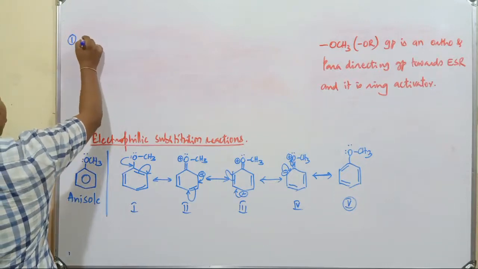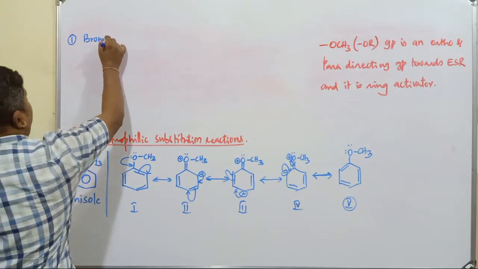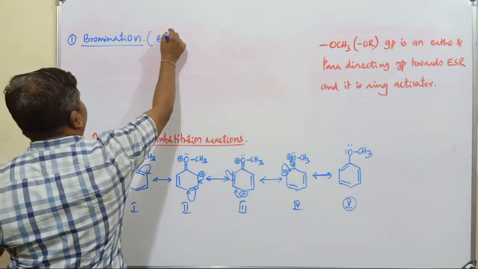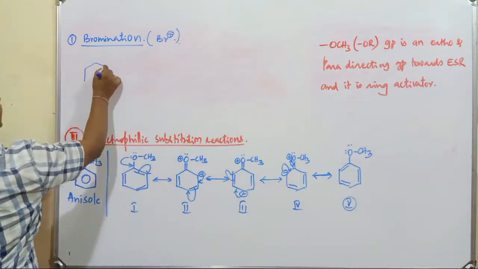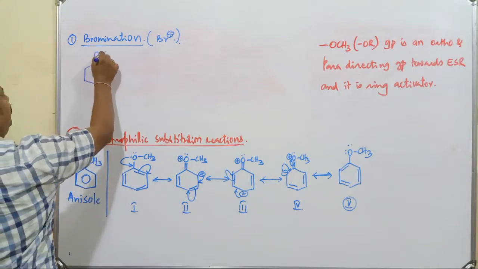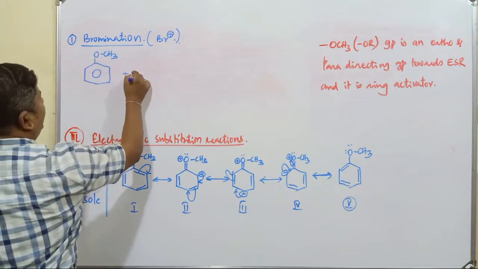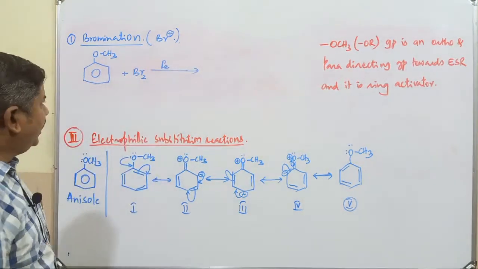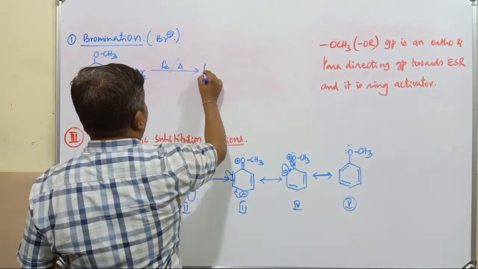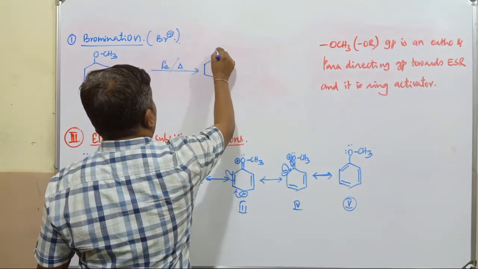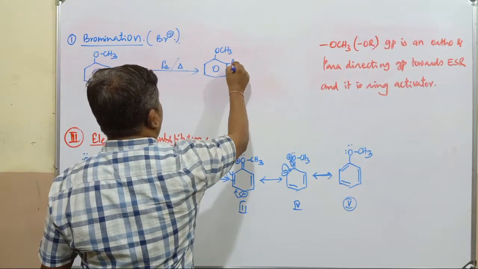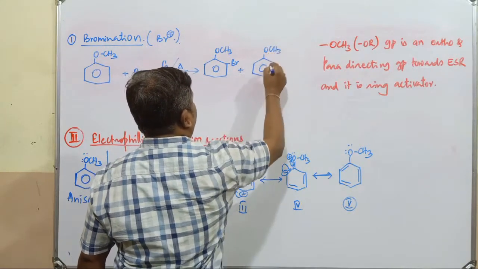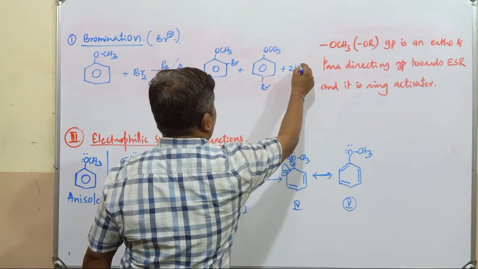Number 1, this is bromination or halogenation. What's electrophilic bromination? So many times we have discussed the electrophile, this one is Br+. When this anisole compound, you can take anisole or phenetole, any one compound you can consider, reacts with bromine in presence of halogen carrier Fe or FeBr3, what's the product obtained in this reaction? The electrophile attacks on what position here? Ortho position. This is another position, that is OCH3 and Br plus 2 moles of HBr.